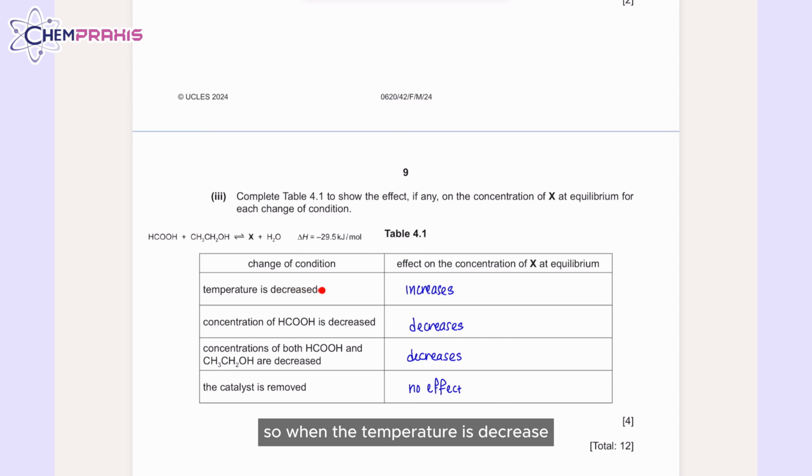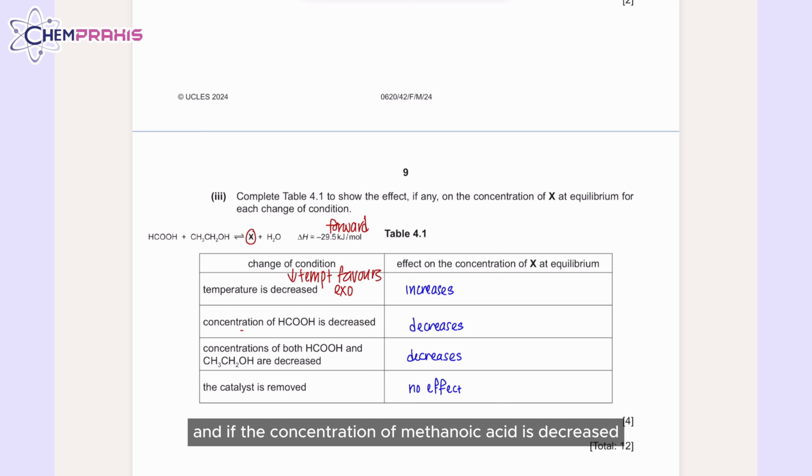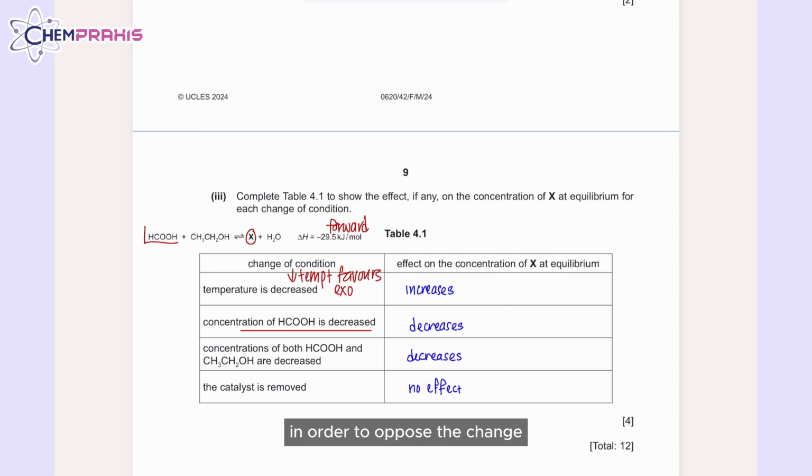So when the temperature is decreased, the concentration of X at equilibrium will increase, because low temperature favors the exothermic reaction. Since your forward reaction is exothermic, it will favor the forward reaction, and the amount of X will increase. And if the concentration of methanoic acid is decreased, in order to oppose the change,